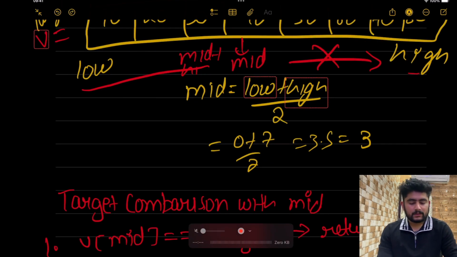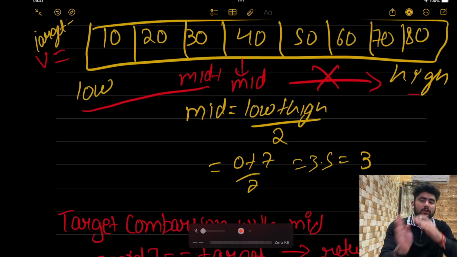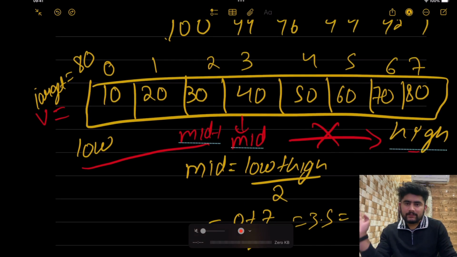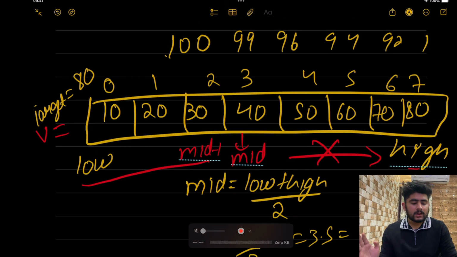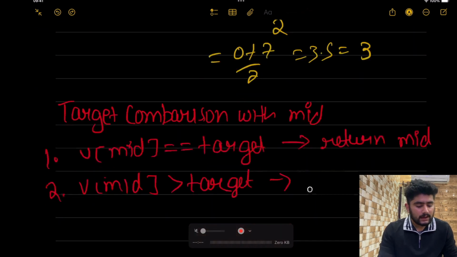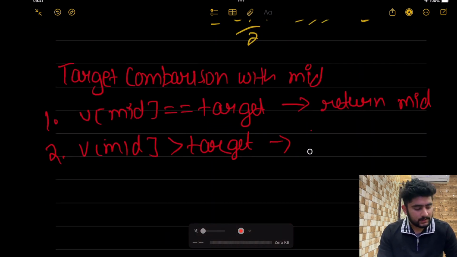Hope you get this point. If we know that the elements present on the right are greater, so it means that if our target is present on the left hand side, we reduce our search space by half. Firstly our array size is 8, then we reduce it to half, like 4. Now again, in that case our high becomes